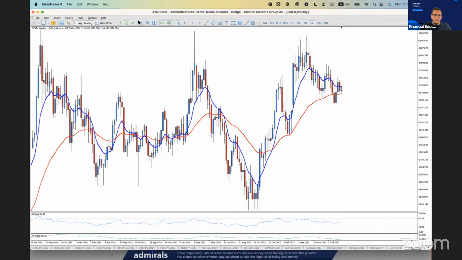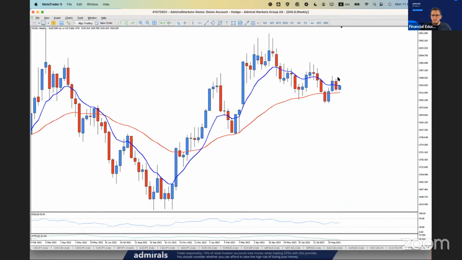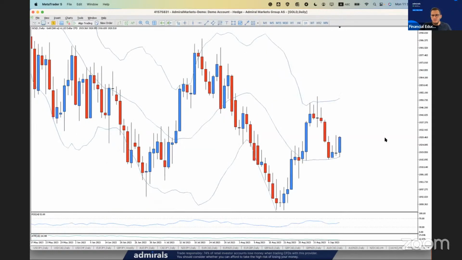I don't see anything on the weekly chart. Last week we had this inside candle, and again, don't expect that every time you turn to the weekly chart, you're going to understand everything the market does. Sometimes it's directionless. You don't have any clues. So inside candle, yes, a little bit bullish here. I don't see any bias on the weekly chart.